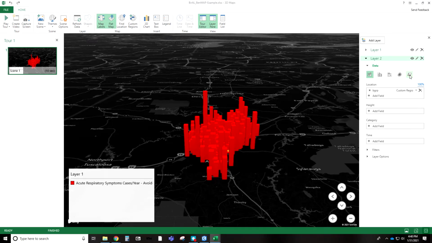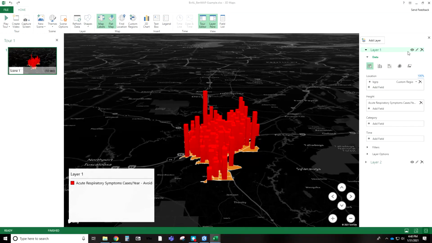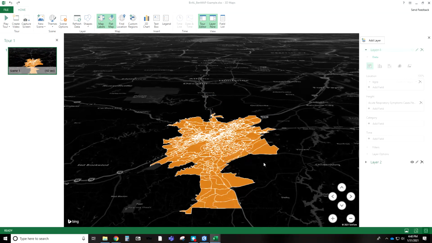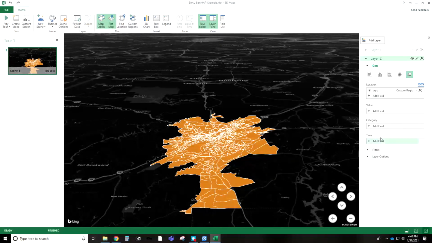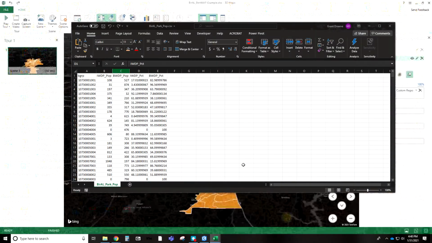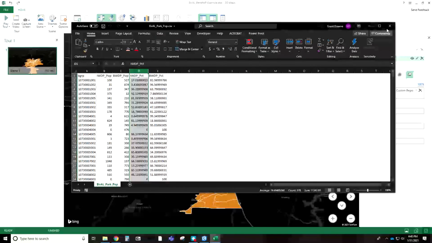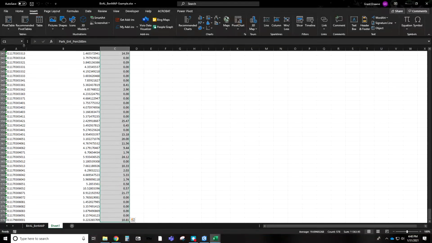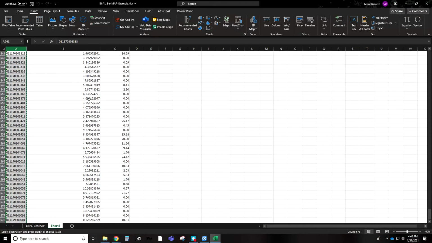Still zooming in with that, but the height for this one's going to be based on, if you notice what I did here, since I only brought it in, wait a sec, now I know what I did. So let's see here, I want to turn this one off. So we have our block groups visually here. For layer 2, since I only brought in the block group, or really the field itself that was the percent within the 500 meters, it still needs a location for both of those. So a trick to get around this would then be, so I don't need this one, so I can exit out, don't save, is to copy this column,